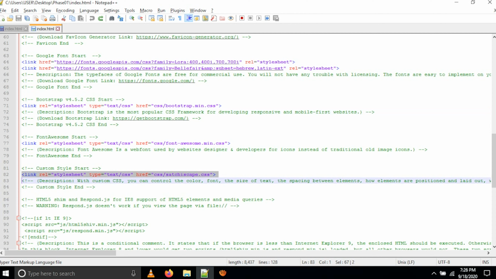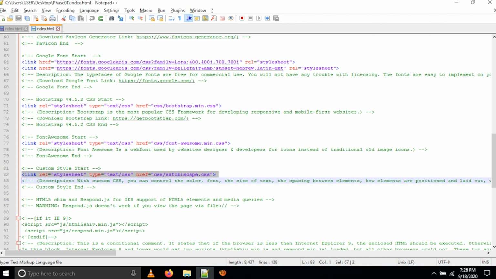Sachescape.css is supposed to be written at the end of all the CSS. Suppose you are using some external CSS, like an interactive one, where the font color is orange, but in your custom CSS you defined the paragraph to be black. If a carousel or some different CSS is written that makes the paragraph green,